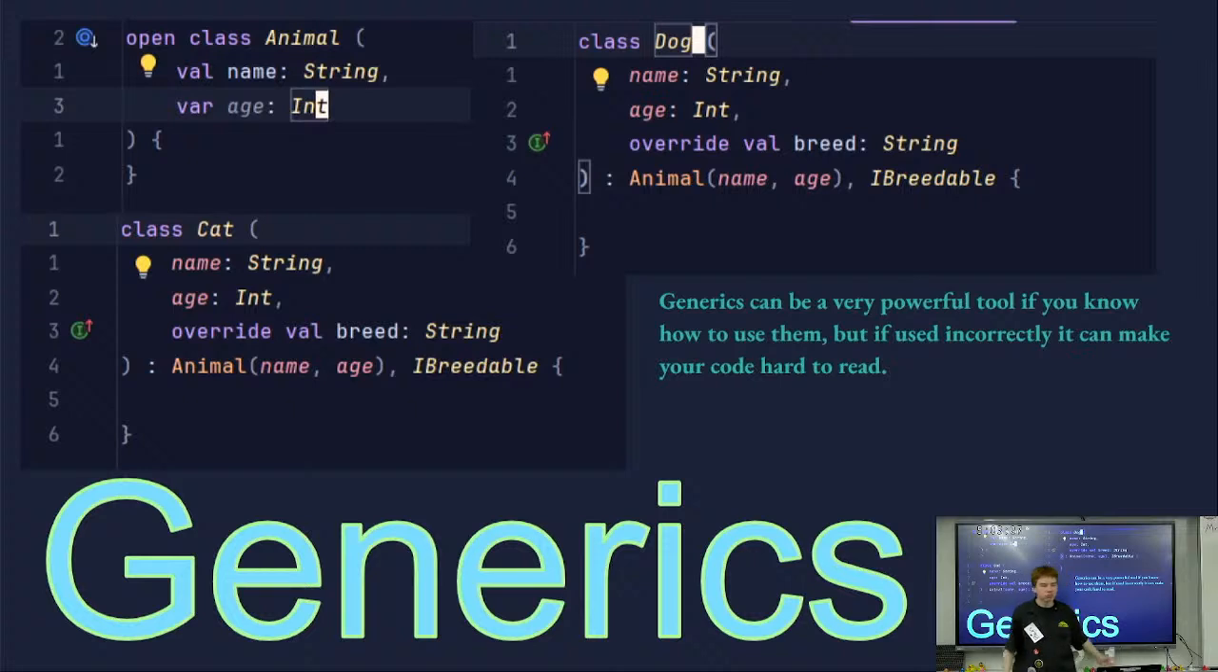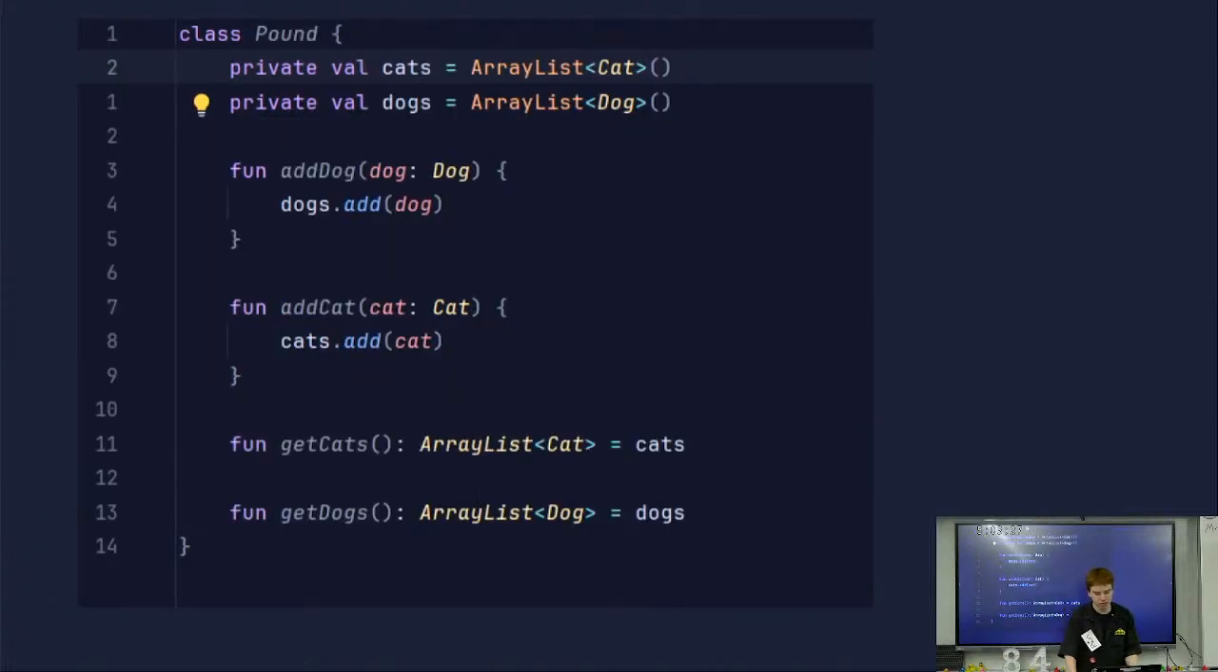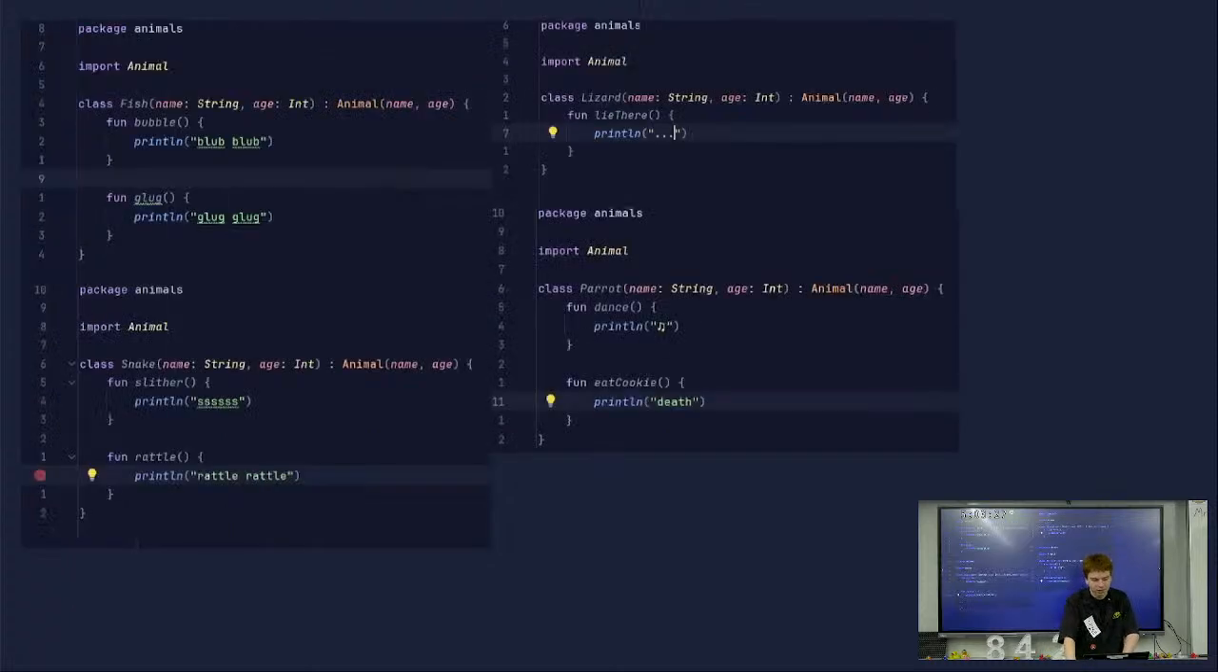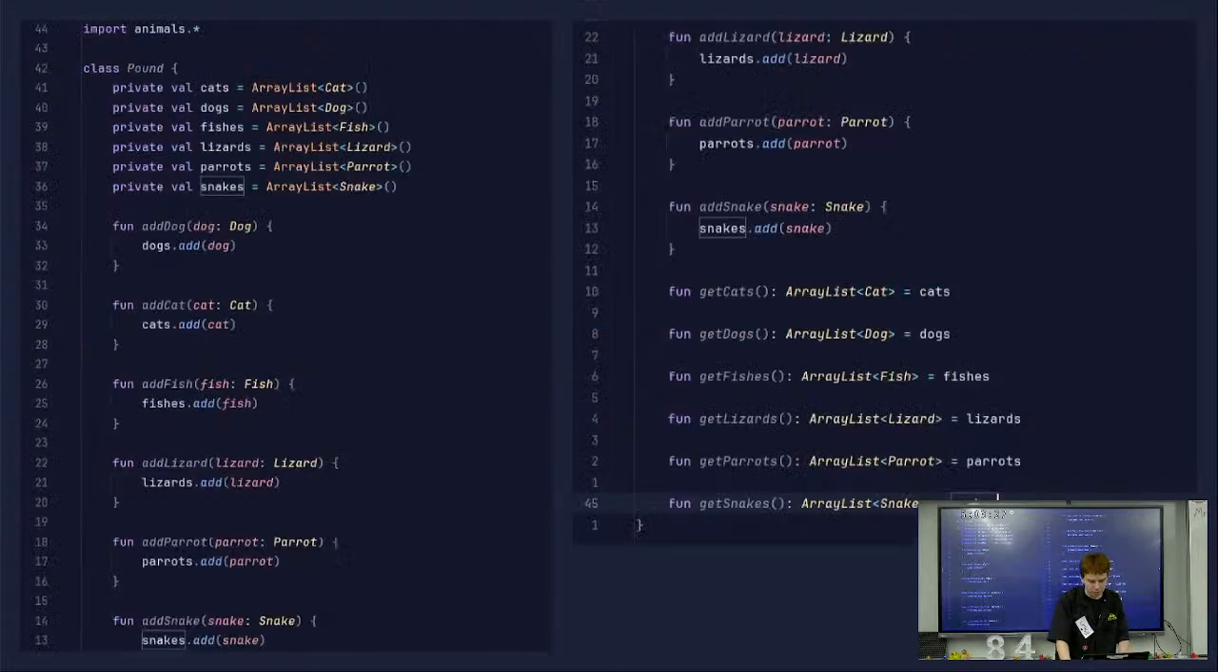Generics. We don't use them that often, but they're really useful when they are used. Generics can be a very powerful tool, especially if you know how to read them and use them. Imagine you had a bunch of different array lists that have different types, like cat and dog. Instead of having specific functions that have to go with each different animal, you can just have a generic function